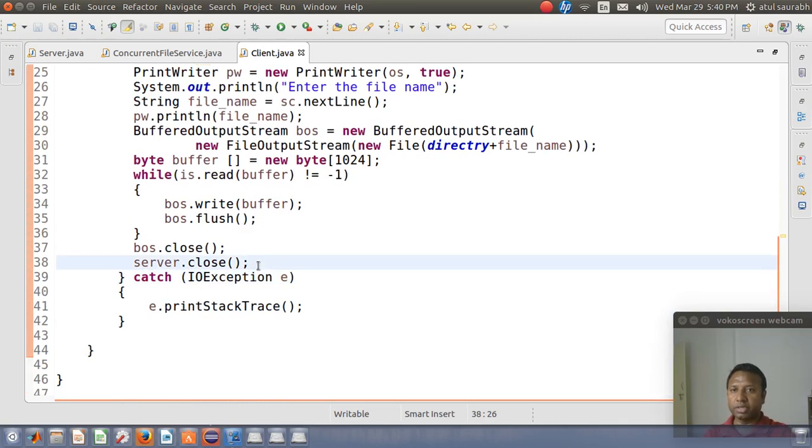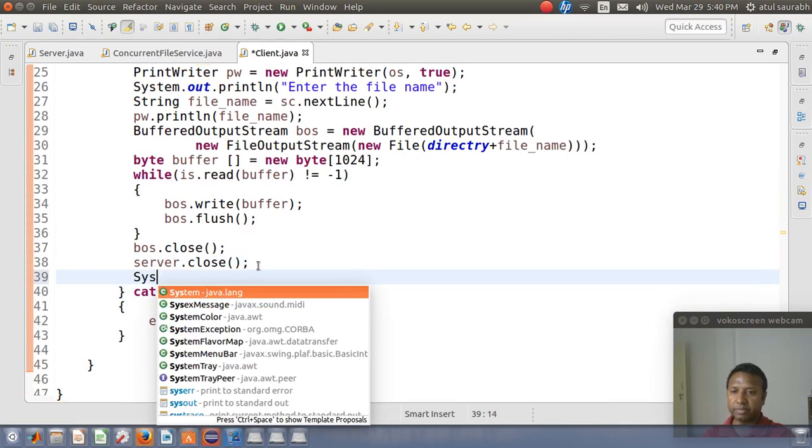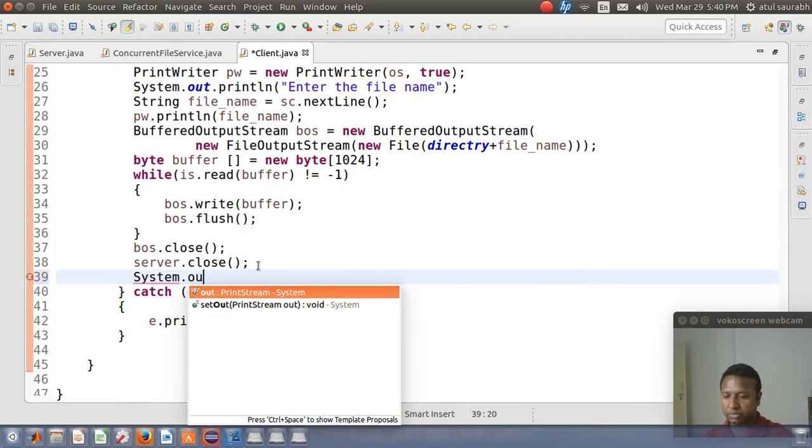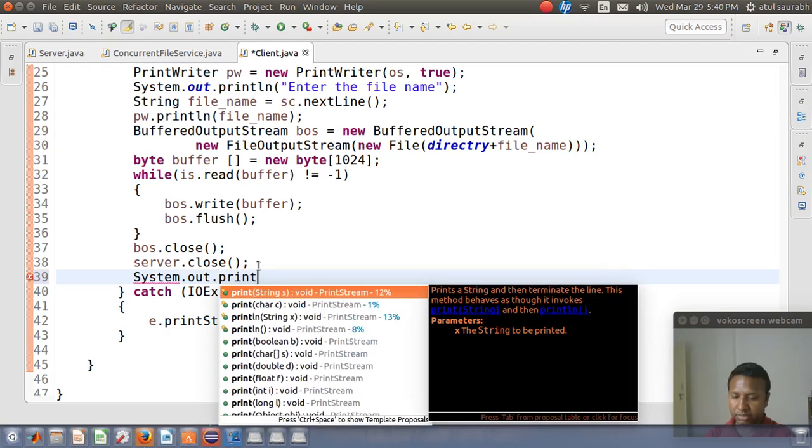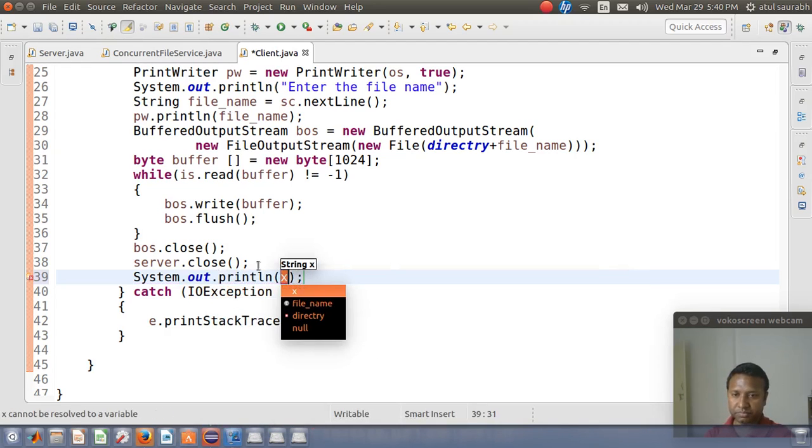After closing the client, why not we give a message, System.out.println, file is received.